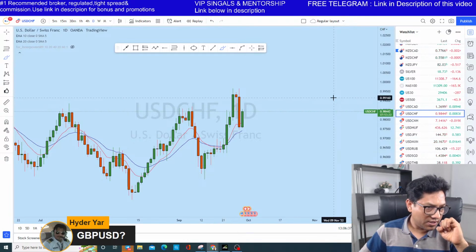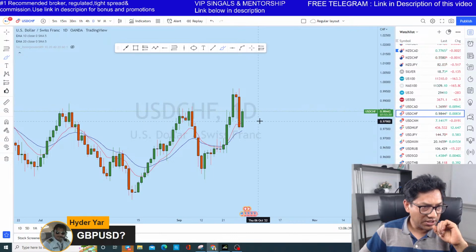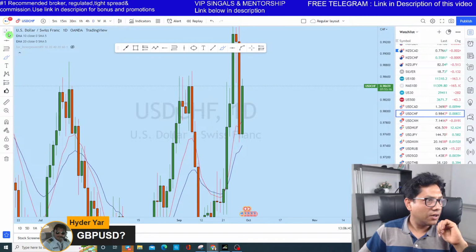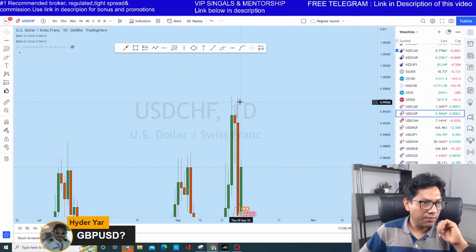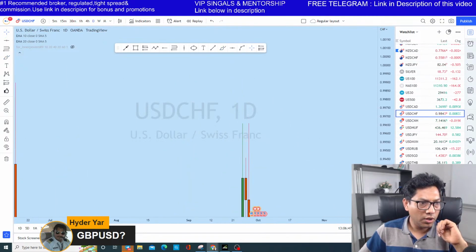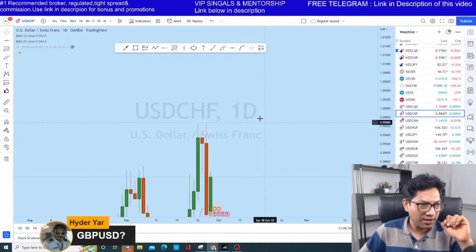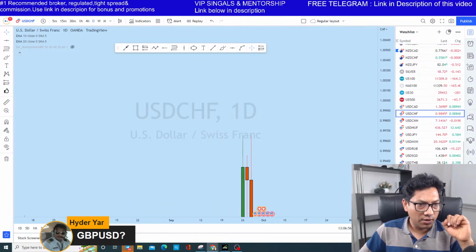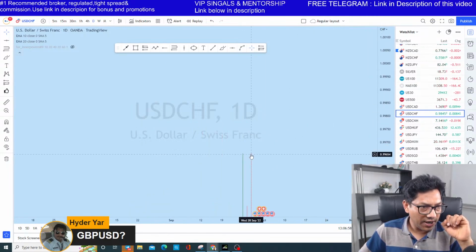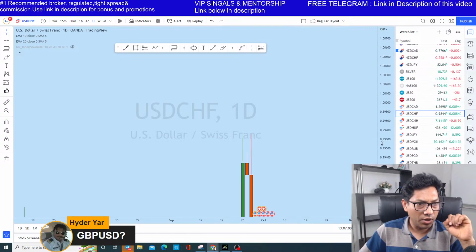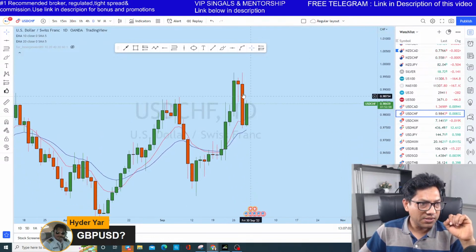What I think, guys and girls, USD CHF might have another rejection. The reason is the daily perspective. If you closely look at the previous day, you see the high. This is the subtle thing that I pay attention to. Look at this right candle here. If you zoom in, you see the daily high is a little bit up, and the price rejected. It didn't touch the 20 period moving average.